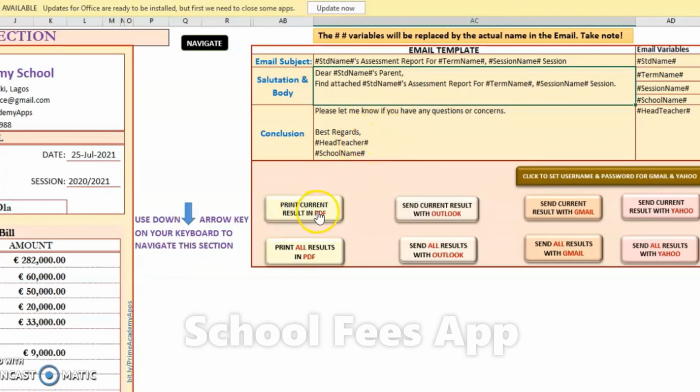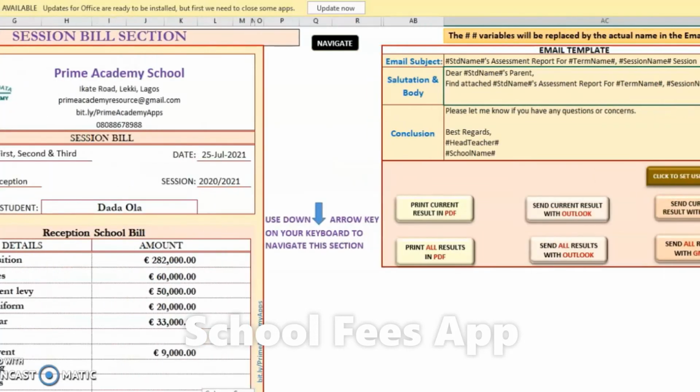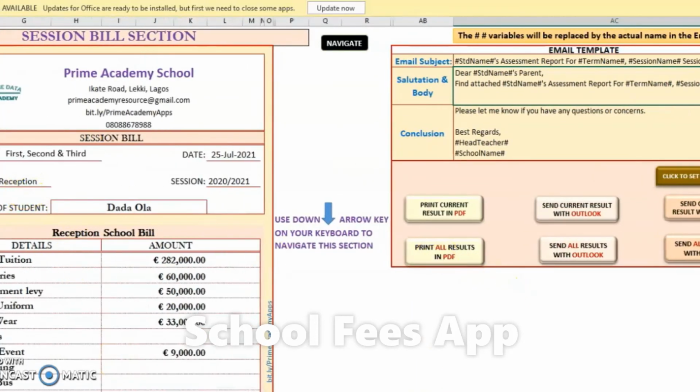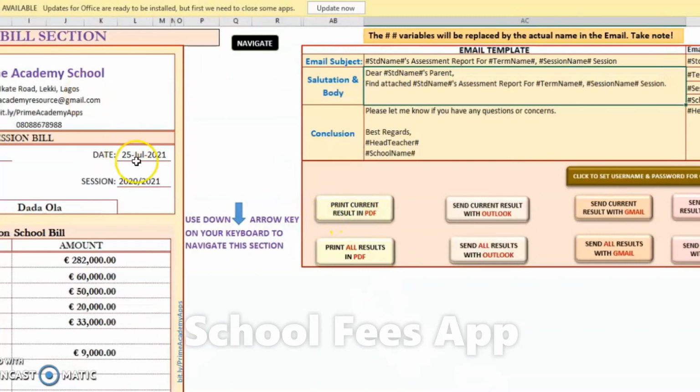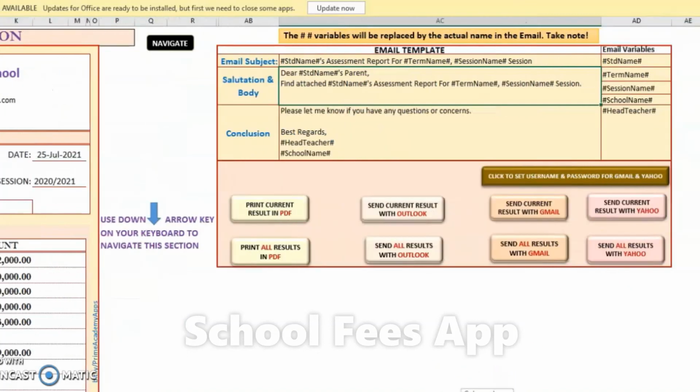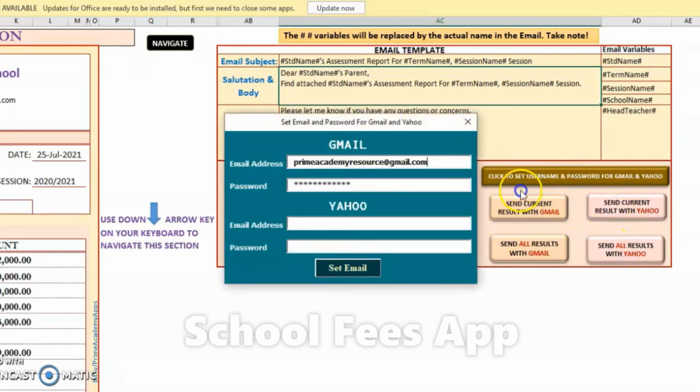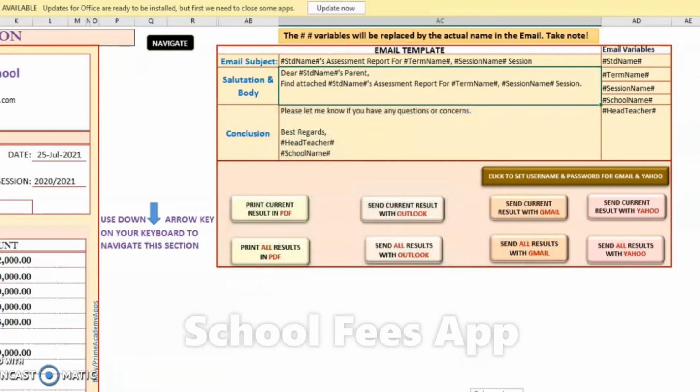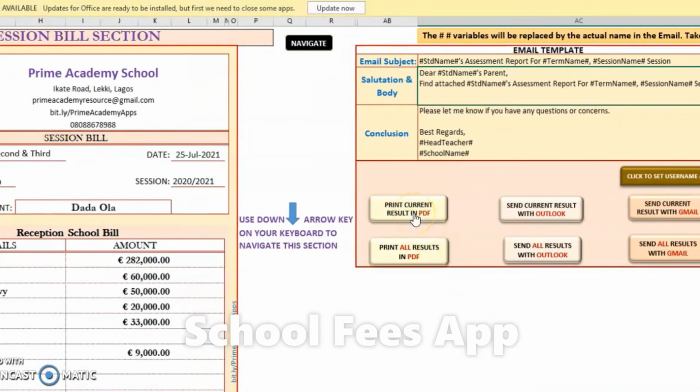So I can print this current page. I can print all details for the whole class that is here by clicking this button. If I just want to print this present page, I click this. I can send this via Outlook. I can send via Gmail, send all the results, all the school fees via Gmail or Yahoo. But before I do Gmail and Yahoo, you need to set your username for Gmail and Yahoo first. So for this demo, I will only click on print current